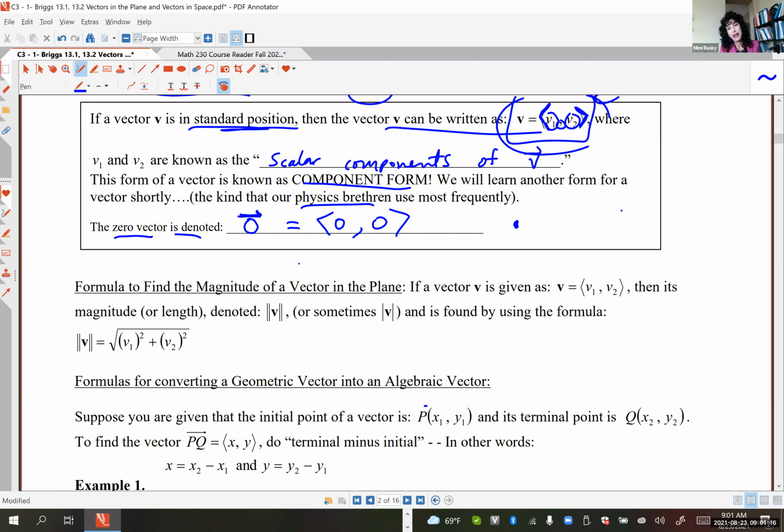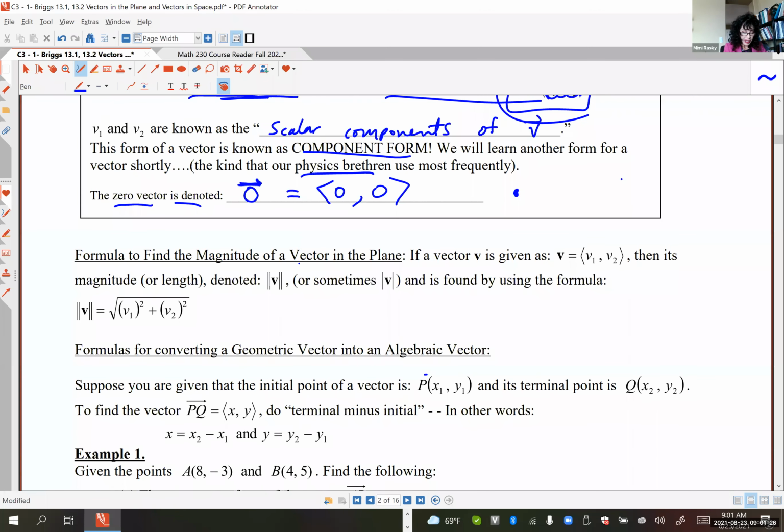Okay, let's look at how to find the magnitude. Super easy because it's just the result of the Pythagorean theorem. You've heard of the Pythagorean theorem, right? So if somebody gives you a vector in component form, then the magnitude, which is sometimes called the length, is denoted with double bars on either side of the vector. Although Briggs, your textbook, uses single bars, which I'm not a big fan of because some people think that looks like absolute value,